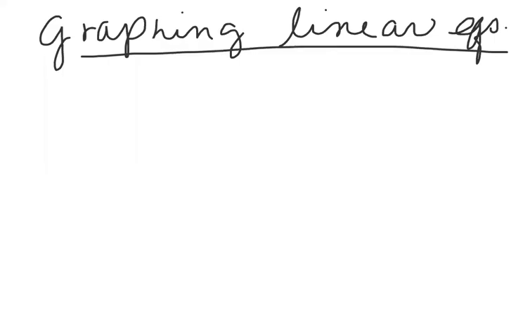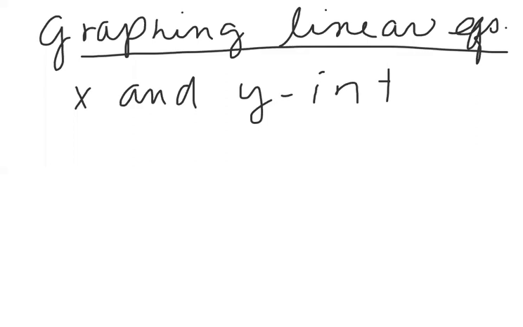Okay. So there are two very efficient techniques we use to graph linear equations. One of them is the X and Y intercepts. Now, remember, the X-intercept, guys, is where a graph intersects the X-axis, and the Y-intercept is where the graph intersects the Y-axis. Now, what you have to remember is this: 2 points